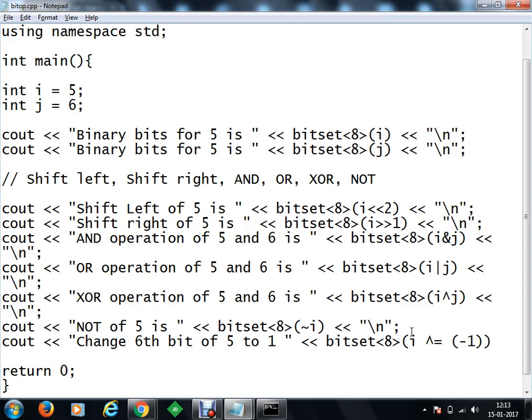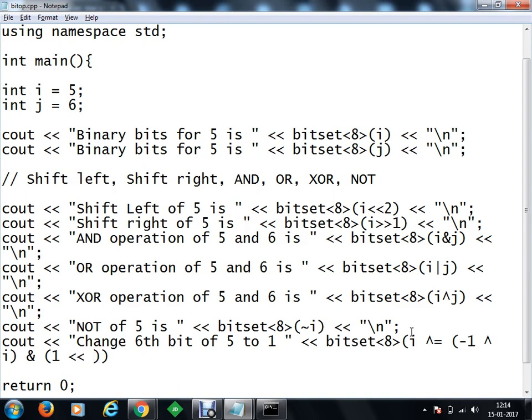If you want to set it to 0, you use 0 as the x value. So -1, then a NOT operation with the value I, then an AND operation, and then you shift the value 1 to the nth place. At the moment I want to change the 6th bit.